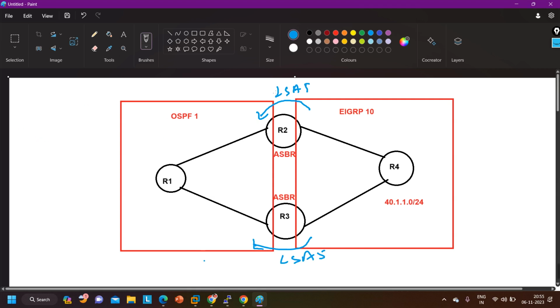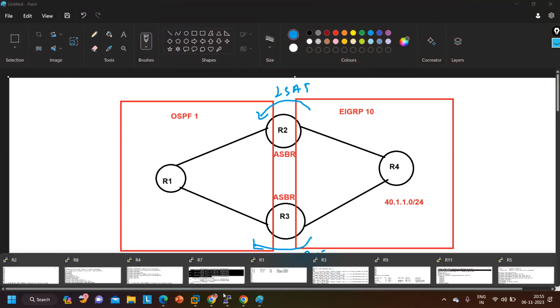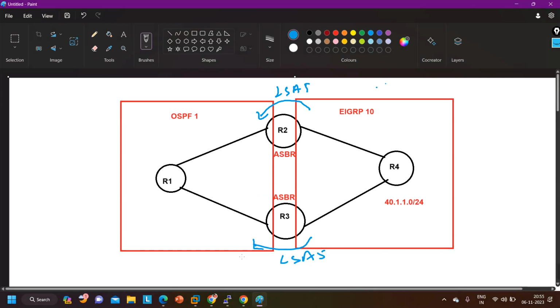Now, when we are running this command, router ospf 1 and then redistribute EIGRP as number 10 subnet, it will redistribute EIGRP prefixes in OSPF with type 2 metric. In type 2 metric, all routers in the OSPF domain will not use their cost to calculate the metric. Let's say the cost of this link is 5. So when router 2 will advertise the 40 prefixes with type 2 metric,